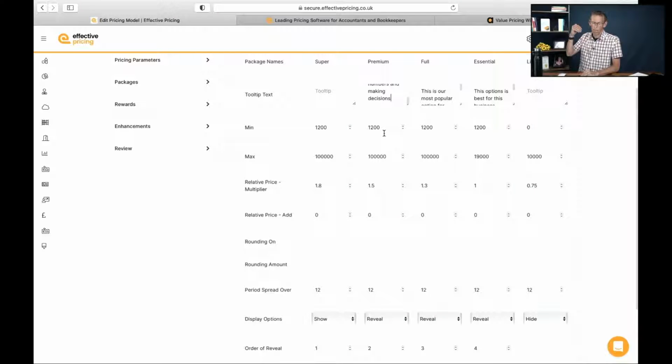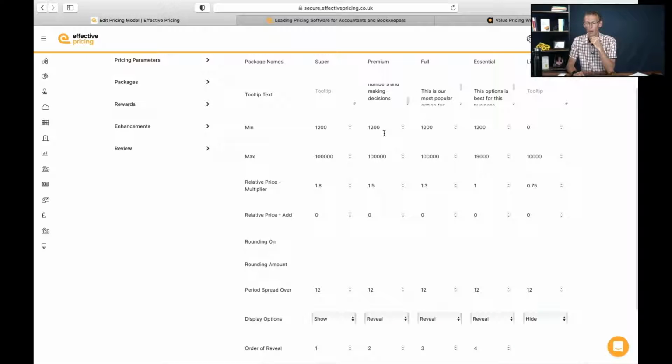But what happens if you do that, and perhaps because the client answers no to a lot of questions, it calculates a low price that's lower than you want to go, or it goes the other way and comes up with an insanely high price that's embarrassing. Well, what you can do is set parameters. You can set minimums and maximums that will never go above or below. And you do that now